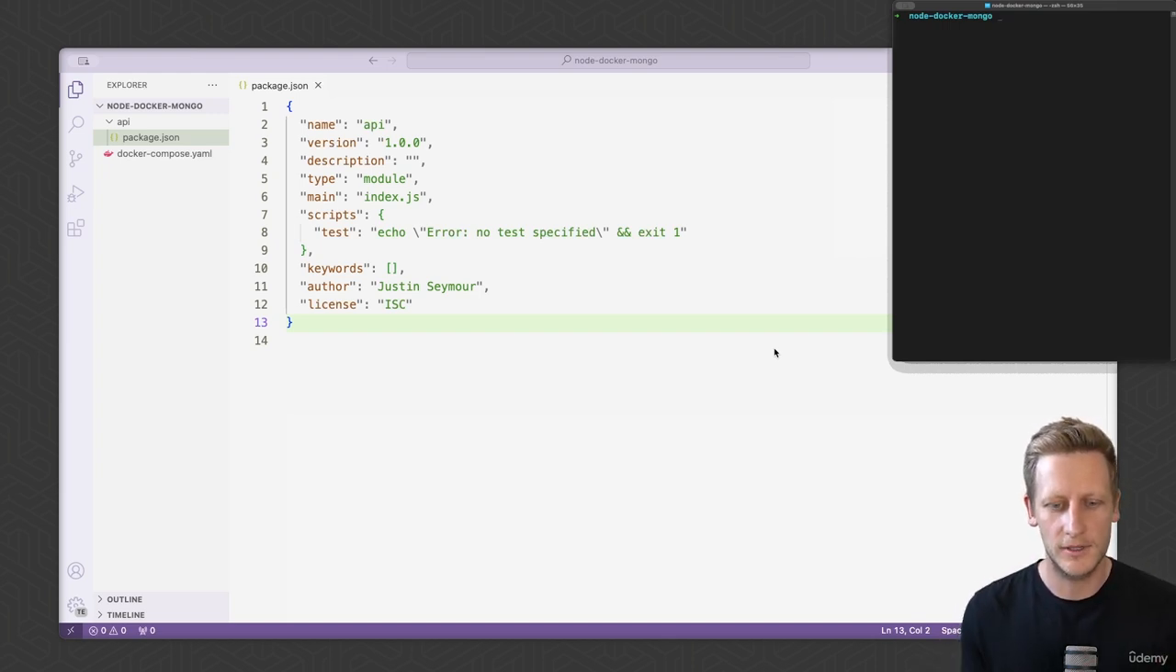The first one is obviously going to be Express.js. Express is a really well-used NPM package to help us create Node HTTP servers. And the second one will be Nodemon, which will just allow us to set up hot reloading in our development environment,